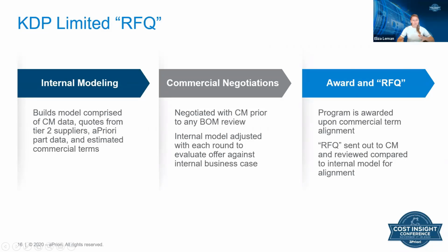So this kind of leads me to describe really how we are working to get now this limited RFQ. As Alex already described, we've all seen the regular back and forth that it always takes when you're looking for a supplier and getting a quote on a new product, and it's very time consuming. To be quite frank, we used to be doing exactly that, where previously our team was presenting a BOM to multiple contract manufacturers, requesting quotes from each of them for over 100 parts or so, taking them back, reviewing them, going back to each individual one, and having separate negotiations. It was very time consuming and slowed down our process so much,